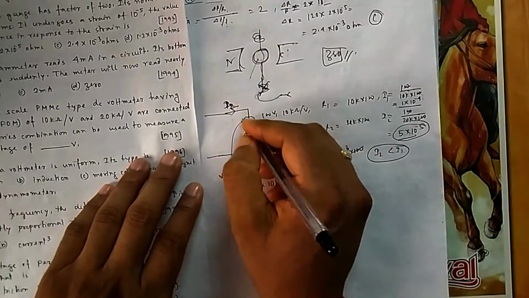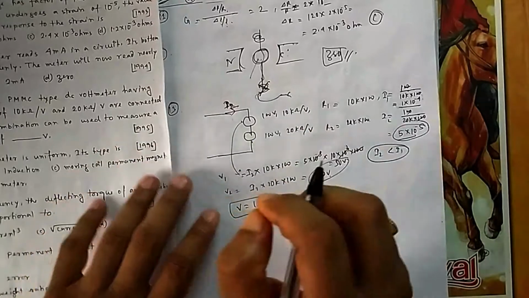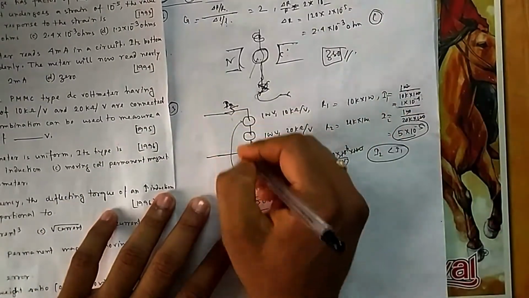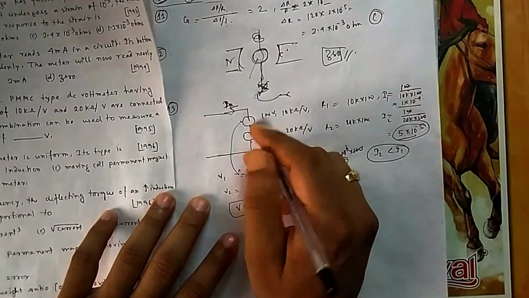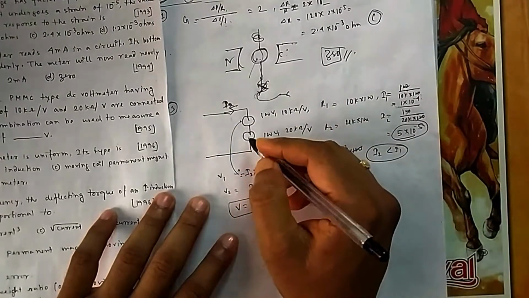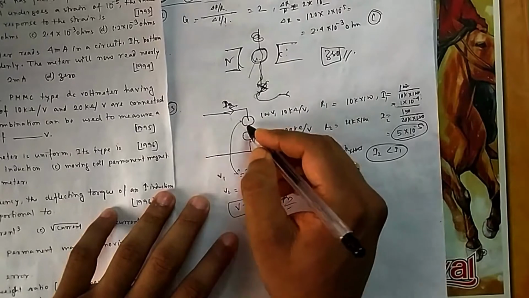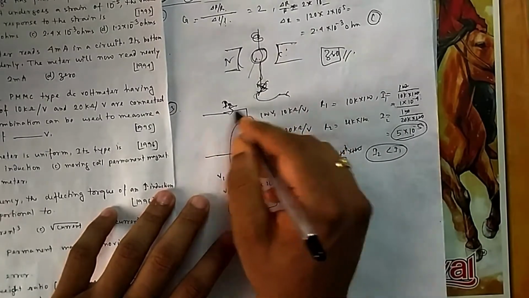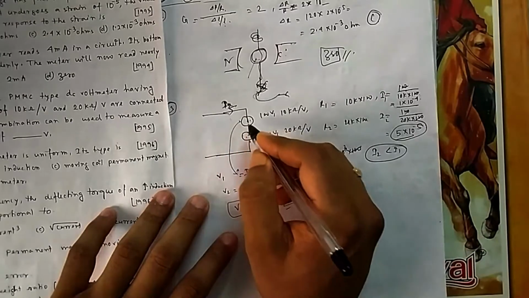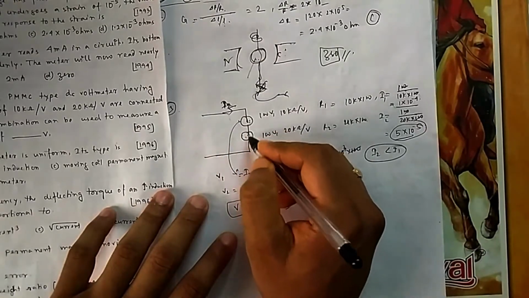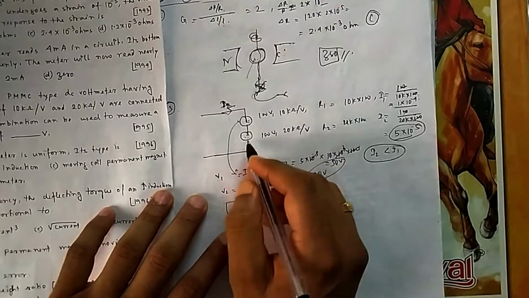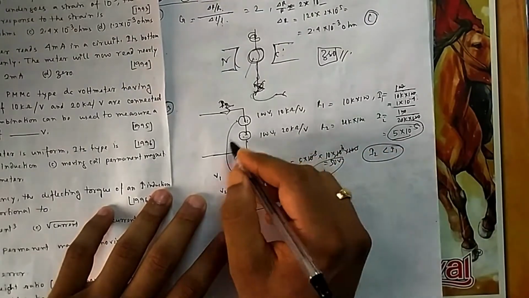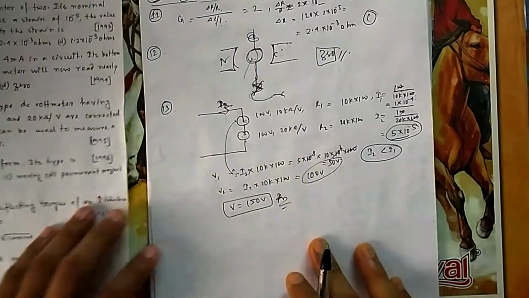So whenever they are saying that it is in series, that clue you should get. Series means there is some restriction on the current, because the same current will be flowing through this, so you cannot cross the maximum current of the other one. So the minimum current I have to pass. What is the minimum of these two? That I have to pass. Minimum of the maximum of these two currents, I1 max, I2 max. What is the minimum of these two? That current I can pass, because if I go beyond that, then one meter will burn, because one meter will take more current than it is allowed to pass.